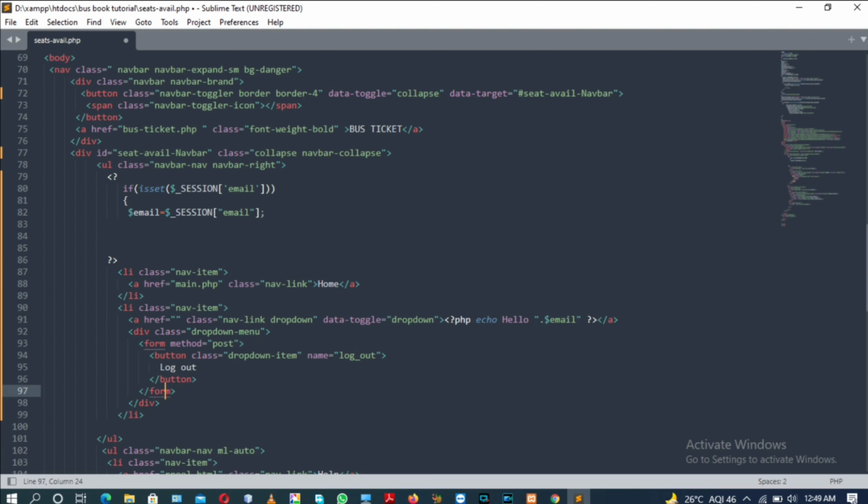After that, we will have the closing of the form tag, and then the div tag, then the li tag. This is it for this UL tag. Now close this.